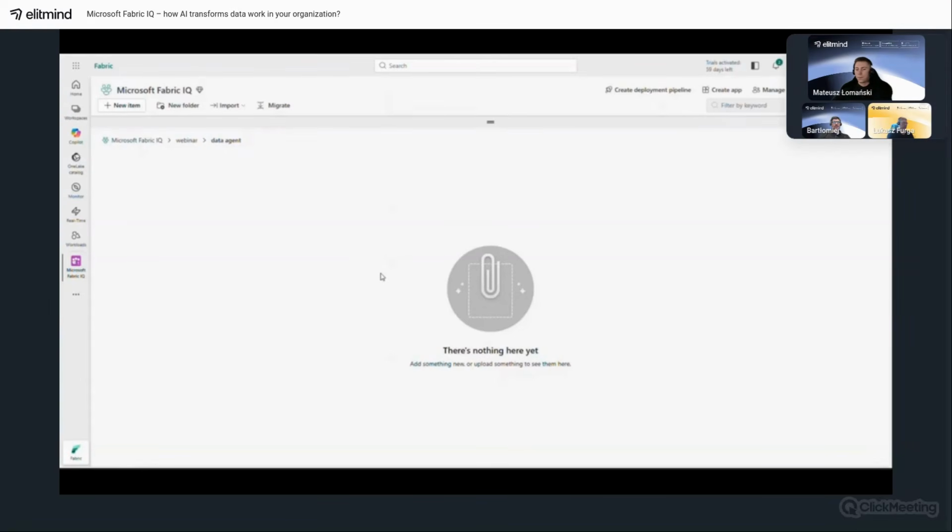Hello everyone, my name is Mateusz, and in today's session I will guide you through the practical aspects of creating data agents in the Microsoft Fabric environment. I will demonstrate step by step how to configure and implement a data agent that effectively supports business processes in an organization. Before we proceed to the demonstration, let me cover the prerequisites that must be met for the data